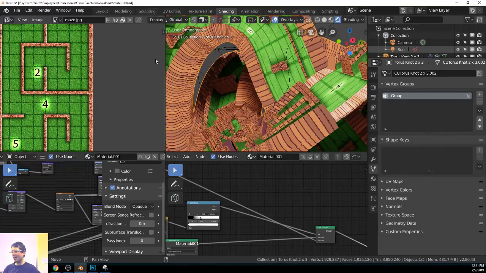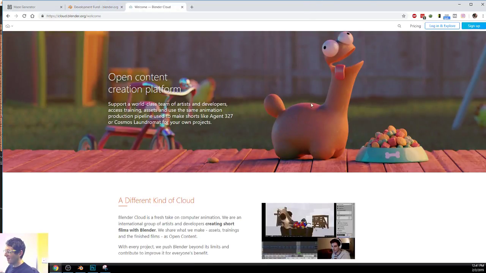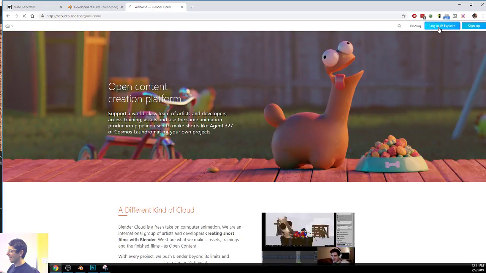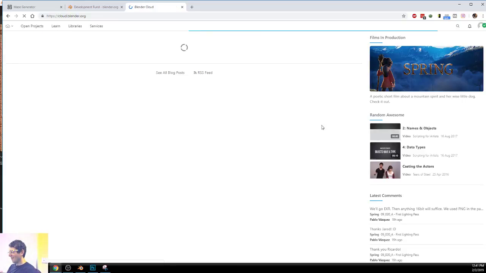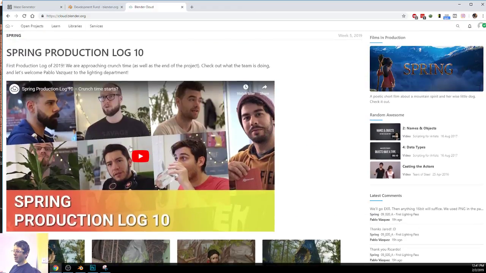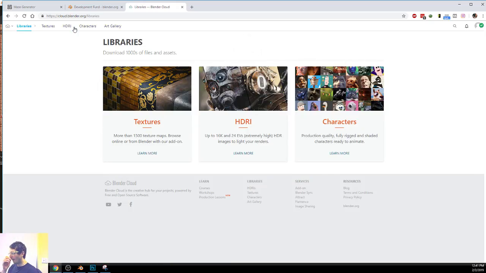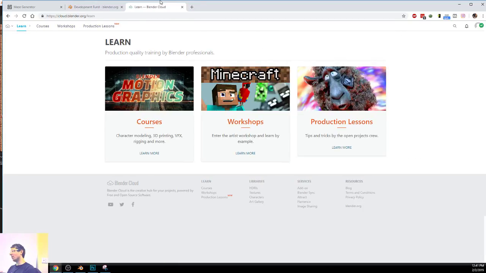And the other way you can help out with Blender, that's a little more selfish, is Blender Cloud. So if you sign up for it, you not only get access to a bunch of their libraries, such as textures, HDRIs, and characters, but you also get access to their training. And eventually all of their training gets put on